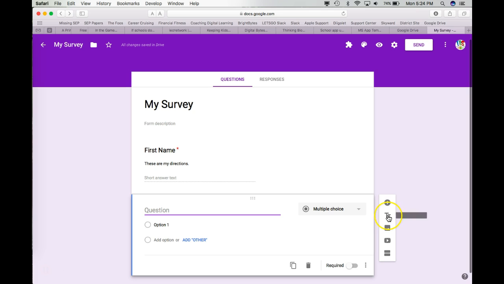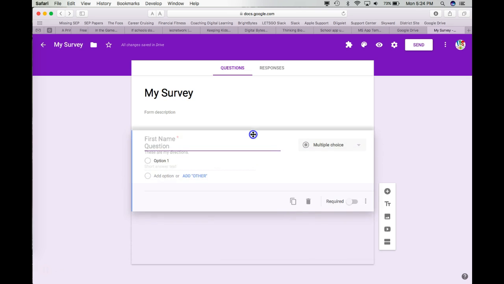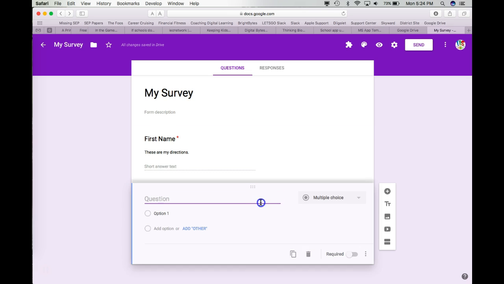There are also some additional things that you can add. So you can add a title, an image if you need to, a video, or a section break. Those are other things that you can add. The majority of time you just want a series of questions going down. If you get a question out of order, there's a little section right here. There's about 6 little dots and I get the 4-headed arrow and I can drag these questions around to reorganize